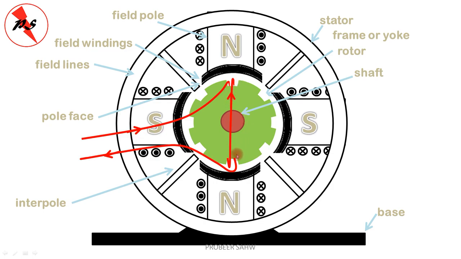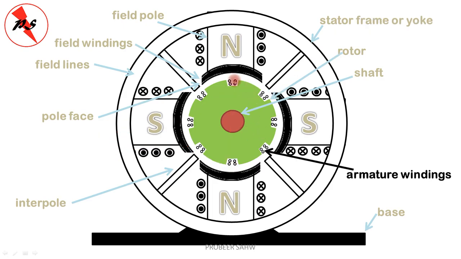We can have as many turns as required in applications. Now it will again be very difficult to show this type of winding over the rotor, and it will make our analysis very difficult because the figure will get crowded. So we represent our armature windings like this. There are a number of armature windings in every slot on the outer periphery of the rotor. These are the armature windings.